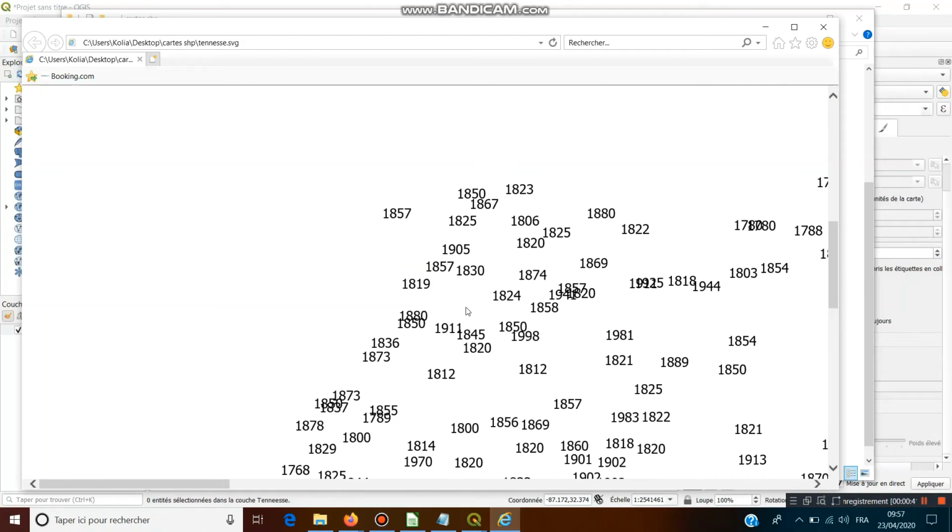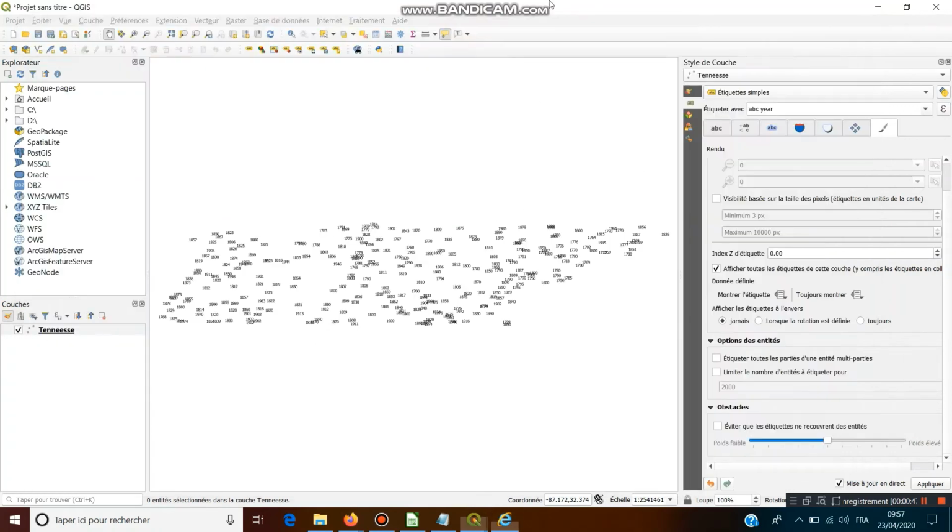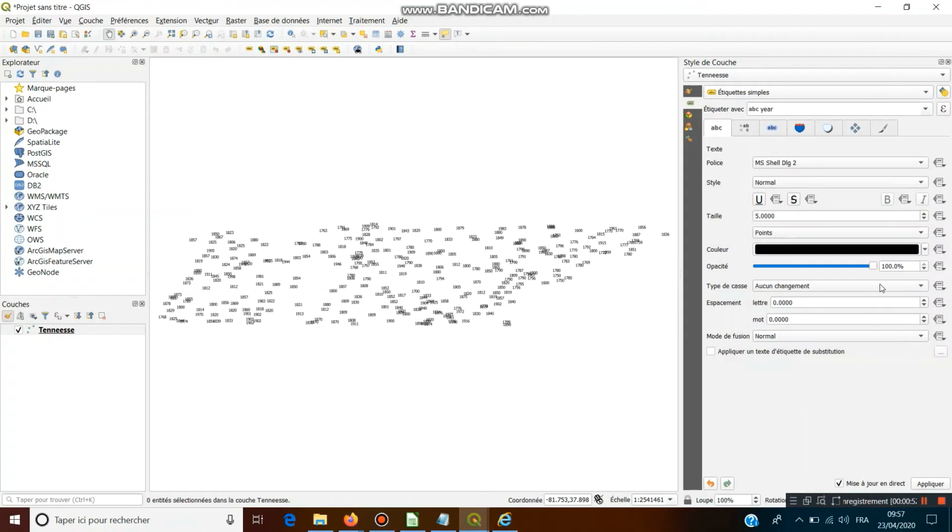So here we are. We can also make the years look like dots, but afterwards it will not be exported.